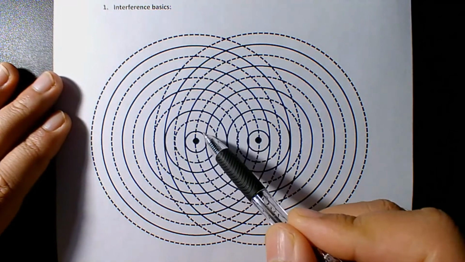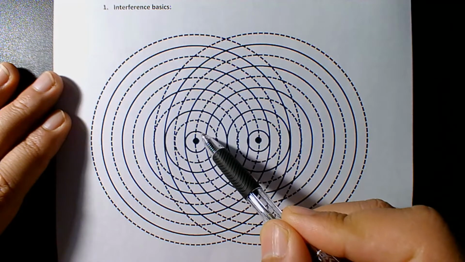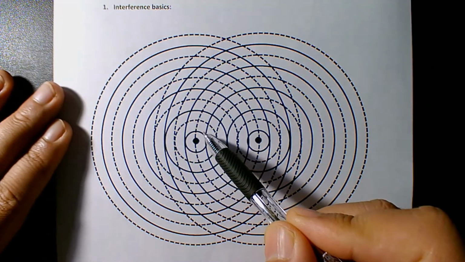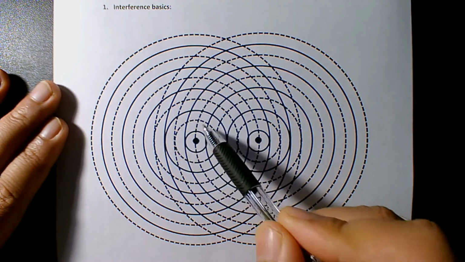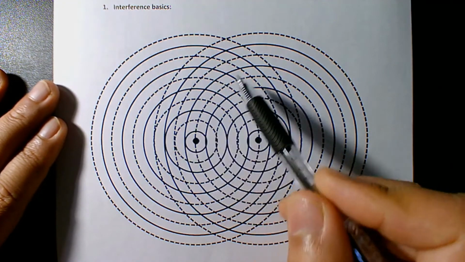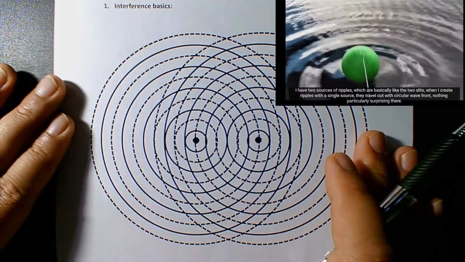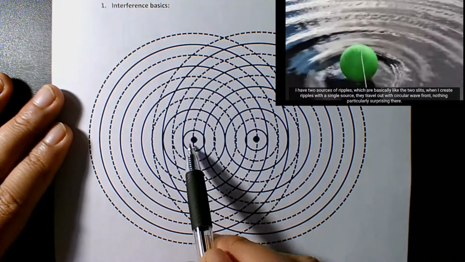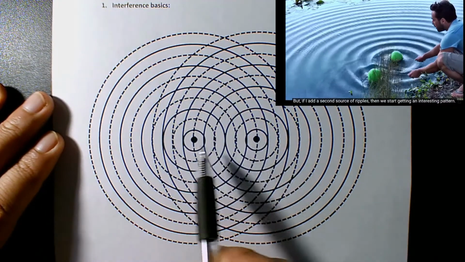The wavelength is the peak to peak distance. These solid circles represent the crest, and the dotted circles represent the trough. And this is the top view. Actually, it sends out a ripple of waves, but that's not particularly interesting. But if you have two sources, two identical sources in phase, for example,